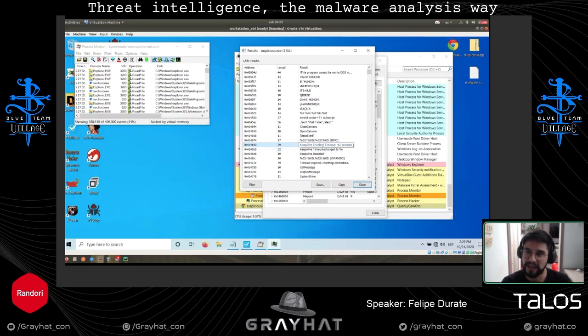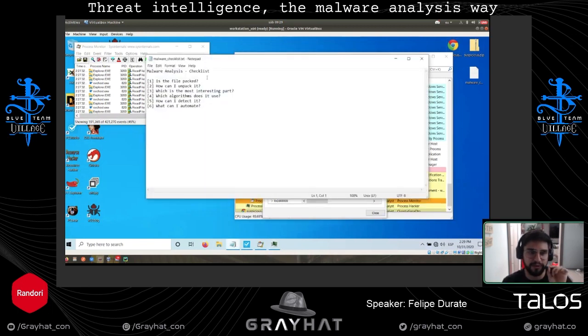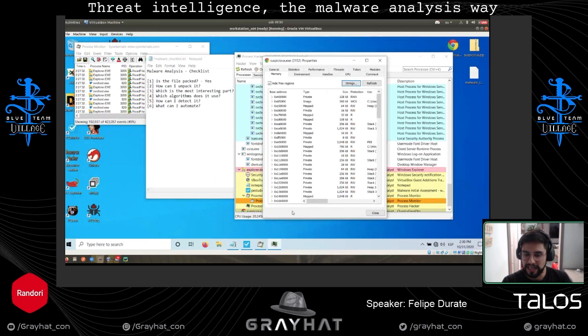So we didn't find that kind of data on the disk. Something changed. If you see something like uploading file to C2C, there is something. There are a lot of strings here that we didn't see on disk. So this file is actually packed. There is a layer here, and we need to get rid of it. So at least with what we know, we answer the first question. Is it packed? Yes, absolutely. Nothing more about the analysis at this point.